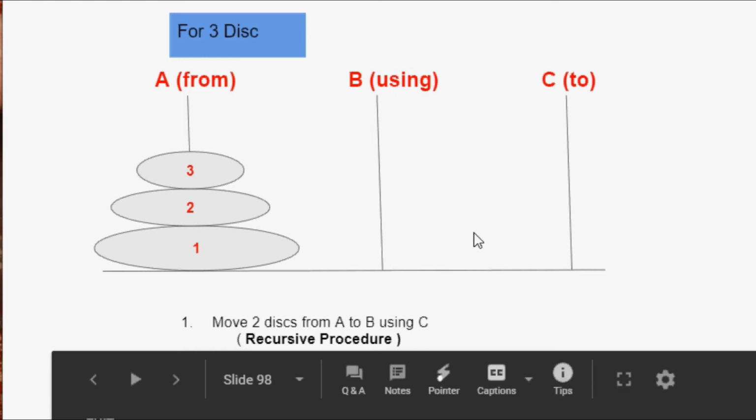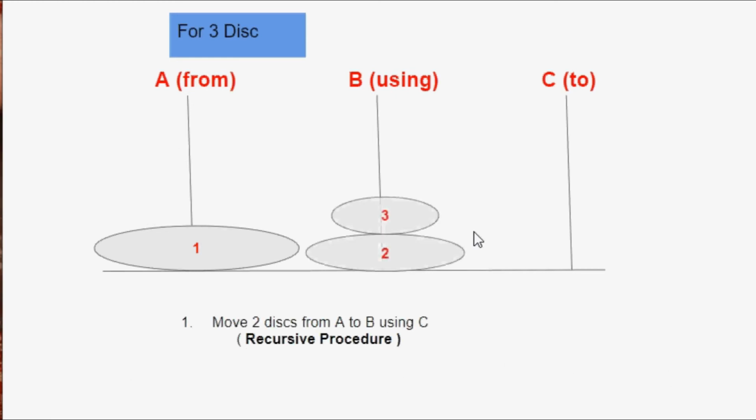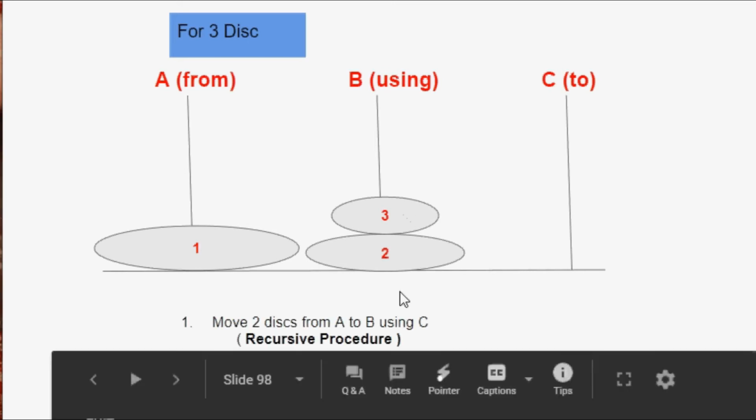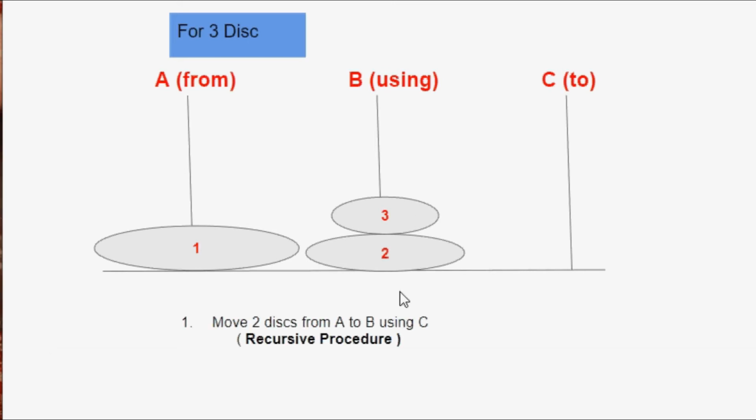After following this recursive procedure, my tar B would be having 2 and 3. Why am I not doing this in A for tar C? I can do the same thing in tar C, but since C is the target tar, I cannot put the auxiliary result on that. This question can come to our mind: why are we doing this auxiliary, why are we keeping these results in tar B only, why not C? Because C is the destination or the targeted tar, so we cannot place our auxiliary results on that tar.